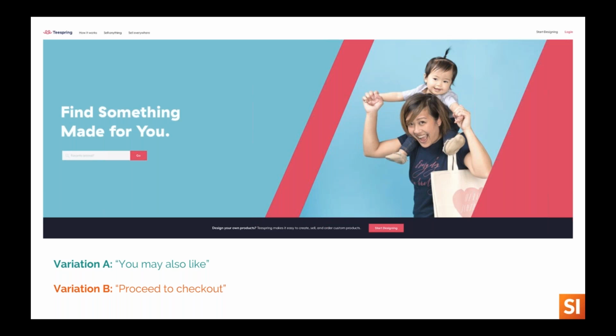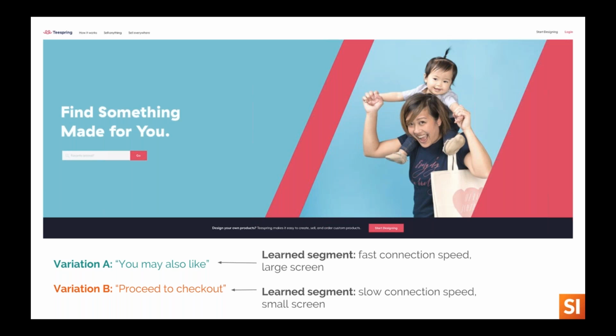We started running this optimization project, and over time, the machine figured out that there were a couple of clear, distinguishable characteristics of segment that described what users were more likely to convert better with and improve overall conversion rates. One learned segment that we paired pretty quickly with the first variation was that people who were coming from a fast connection speed and on a large screen really responded well to this "you may also like" language. On average, they ended up buying more, spending more money with Teespring, which turned out very well, and relatively few